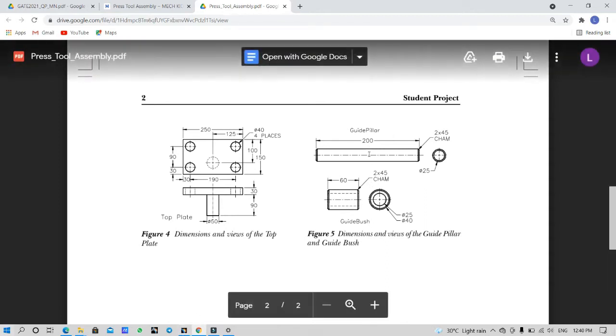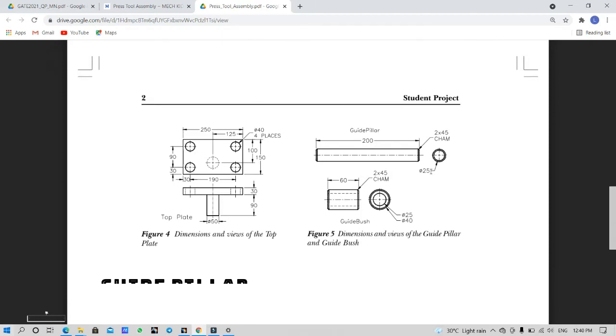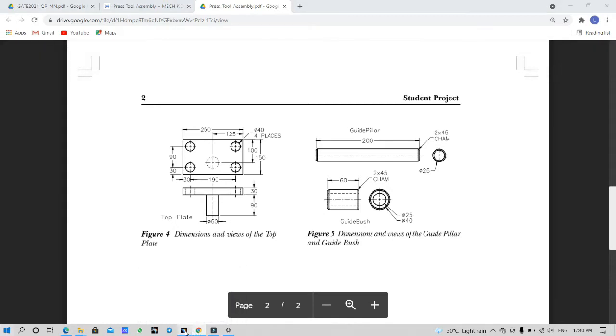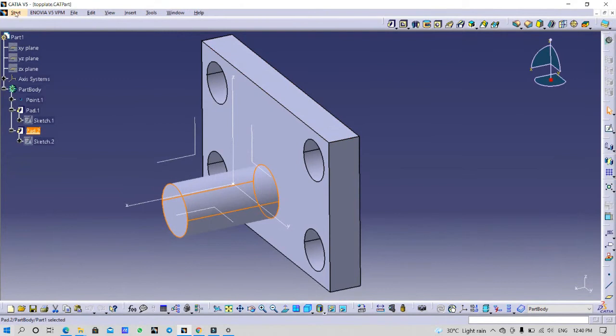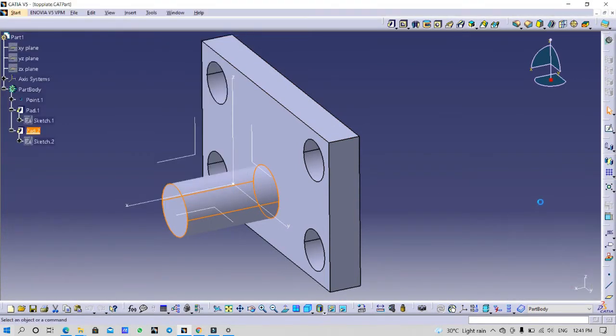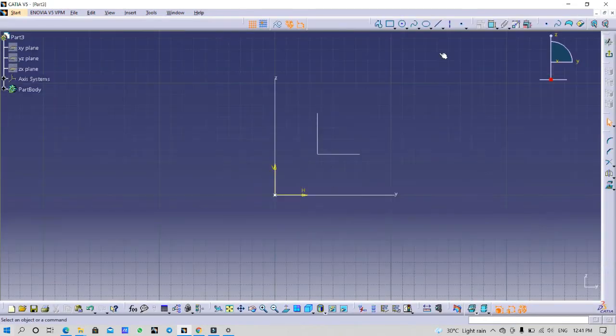Then you have this guide filler. For this guide filler, what is the dimension? Dimension is 200 and diameter is 25, and there is a chamfer of 2 millimeter by 45 degrees. So there are many ways I can do it. What I will do is go to Start, Mechanical Design, Part Design, go to Sketcher